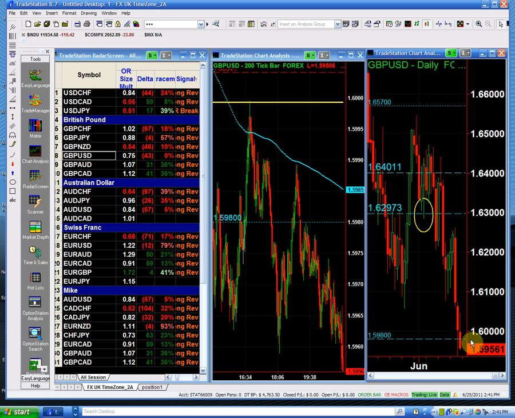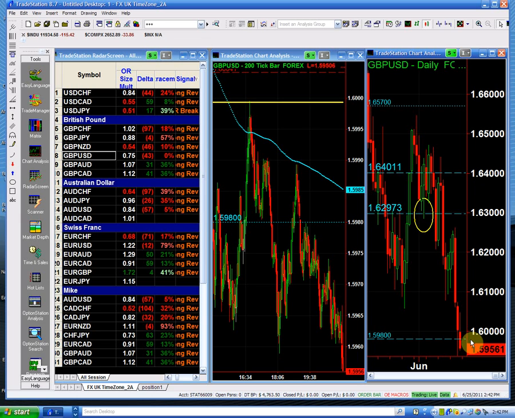And again, this is the index and this is the cash. So there is a small spread or a small difference between them, and thus you could see that the break in the pound